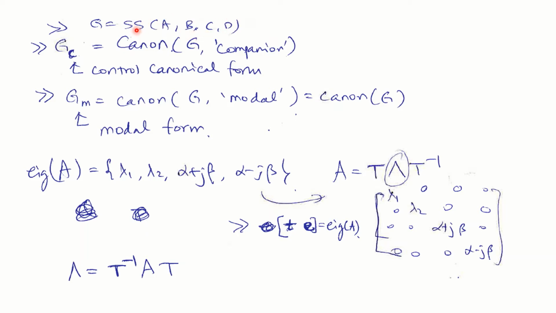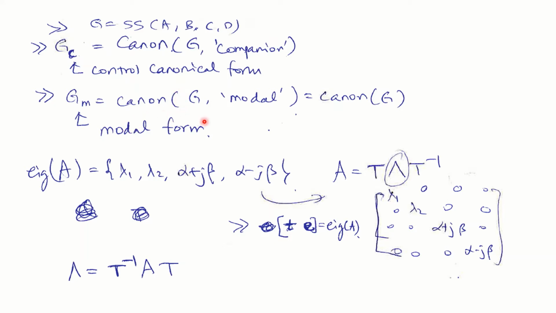So the state model is not in canonical form in general. When this G, not in canonical form, is given as the input of this canon, then you are going to get this control canonical form. But also, MATLAB